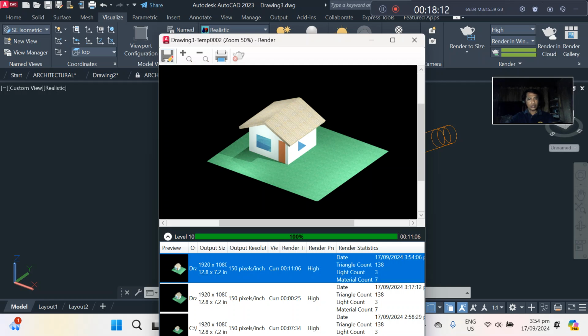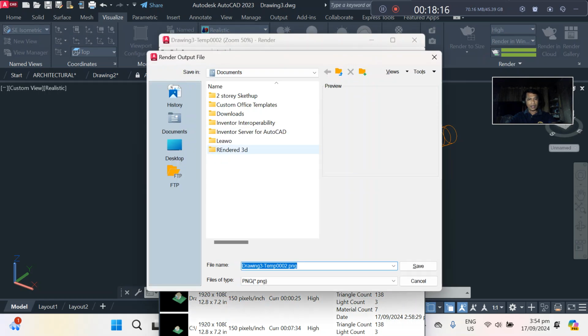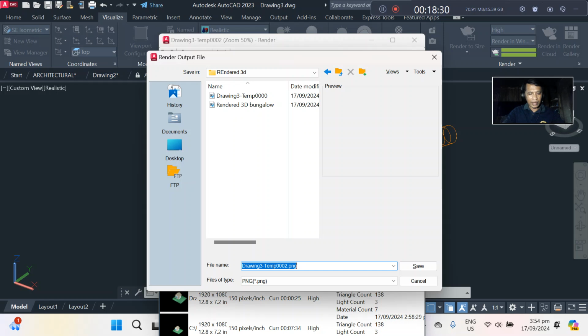So after the rendering is fully done, you click save the rendered file, and then choose the folder that you want to save in, then the name of the rendered file, 3D house, then save.